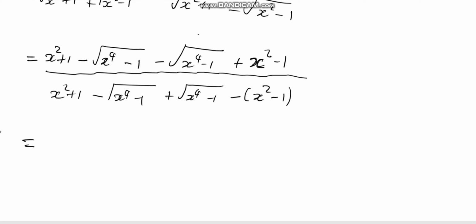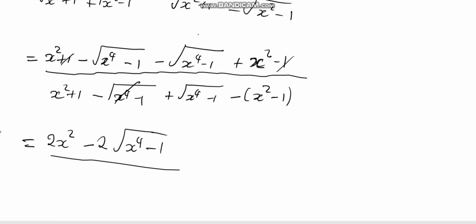So here, these terms that we have under the roots are the same, so meaning that we can just add the coefficients here. So negative 1 minus negative 1 are going to get a negative 2, then 1 minus 1, so we have a positive 1 that's going to cancel with a negative 1 this side. So then we're simply going to be left with x squared plus x squared, we're going to get 2x squared. Then this here is going to be negative 2 the root of x to the power 4 minus 1 divided by, down here, this term and that term are going to cancel out,